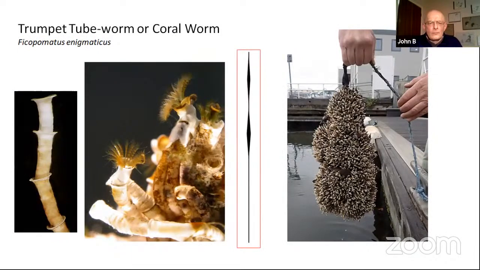The last animal I want to talk about is trumpet tube worm or coral worm, Ficopomatus enigmaticus. This forms these white chalky tubes, only 2 or 3 millimeters wide. The worm itself has a crown of tentacles that it can feed with, and there's a plug or lid which seals the tube when the worm withdraws. The tube undergoes these growth stops along its length, where it flares out looking like the end of a trumpet. The tubes are small, but co-settlement of numerous worms can form large masses. On the right I show an anode which has been heavily colonized by trumpet tube worm,